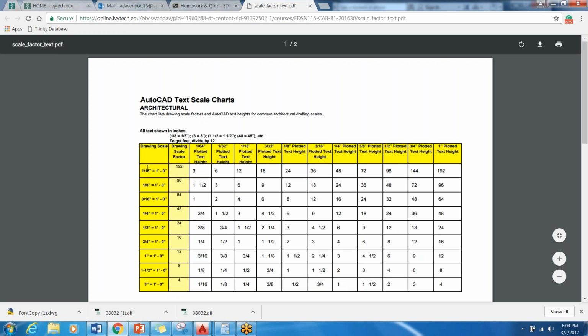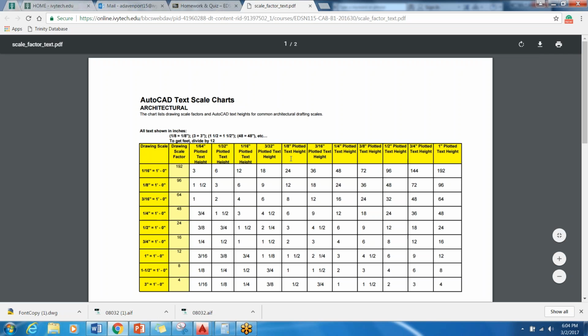Okay, so Shemaine has, we're going to try and print our drawing at 1/4 inch, what I just set it up to be, equals 1 foot. That's what's happening in that window. Shemaine has her text at 6 inches. Okay, so if I go to 6 inches at plotted height text for 1/4, let's see, 1/4 plotted height text, 12 is here, and 1/4,